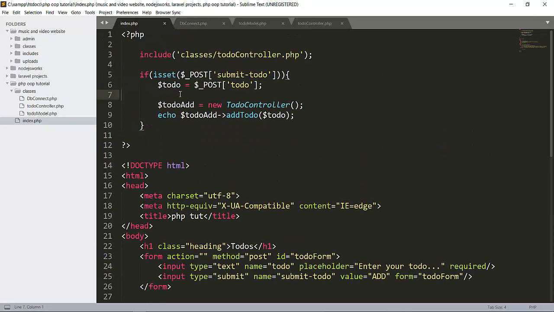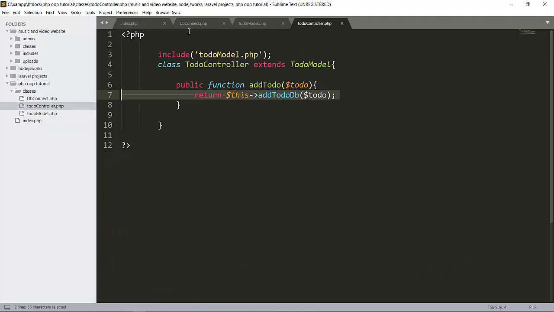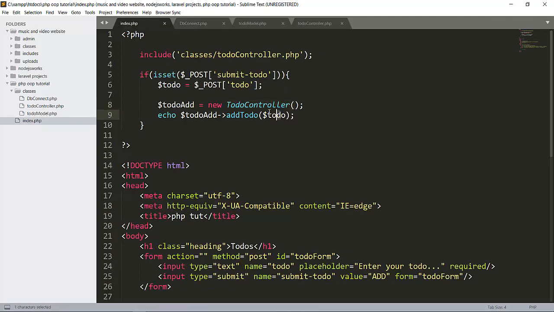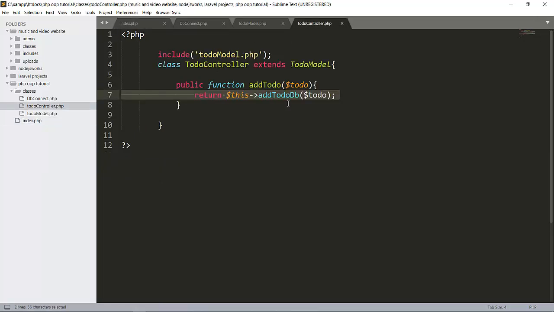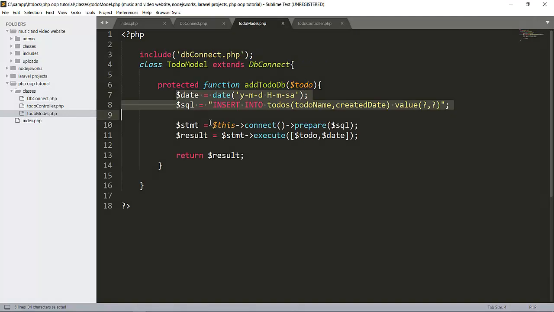Now we created our controller class and then we called this function and passed our to-do here. It will go to the controller, then it will go to the model and execute this query with the connection here.